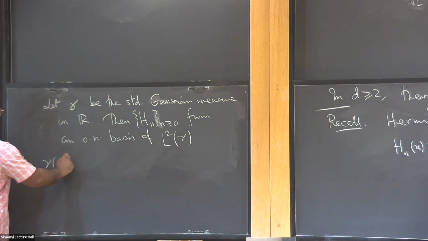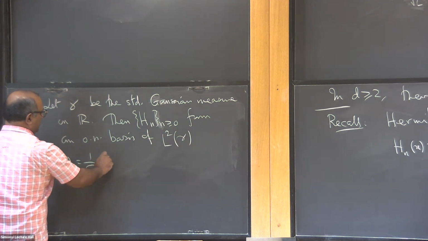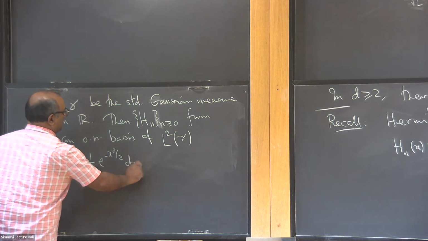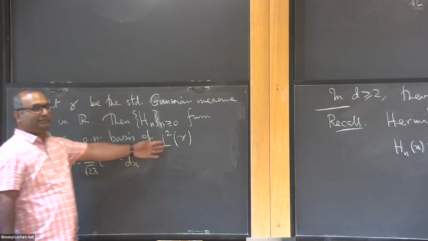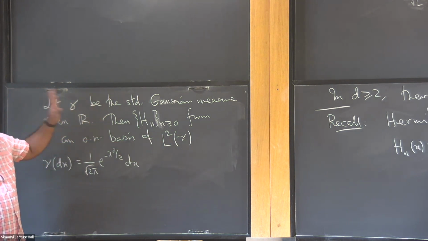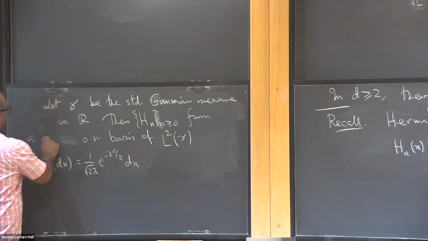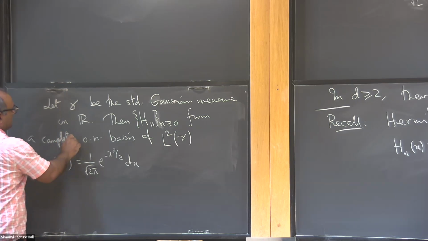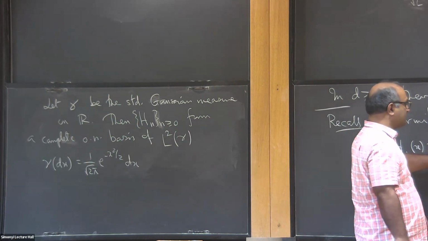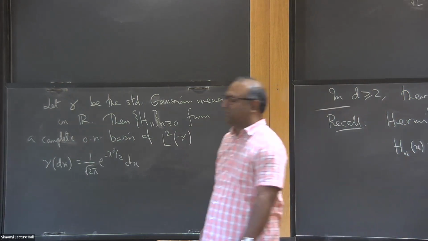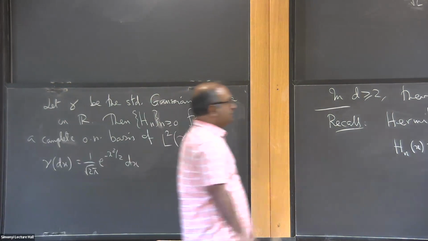So what is the standard Gaussian measure? This is 1 over root 2 pi e to the minus x squared over 2 dx. So if you take the standard Gaussian measure, it defines an L2 space, and the Hermite polynomials form a complete orthonormal basis of this Hilbert space. And the square root n factorial is just to make them have norm 1. So that's nice. So in particular, what this means